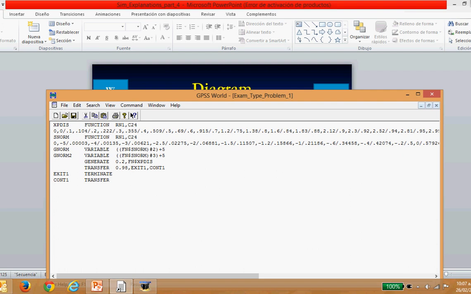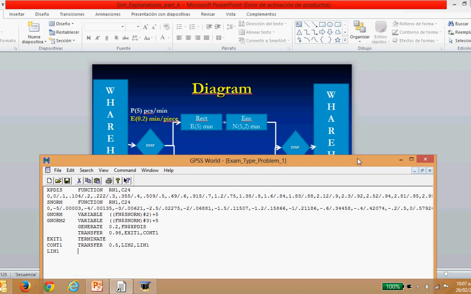Transfer 0.5 to line 2, line 1. Line 1 is going to be this part of the process right here,